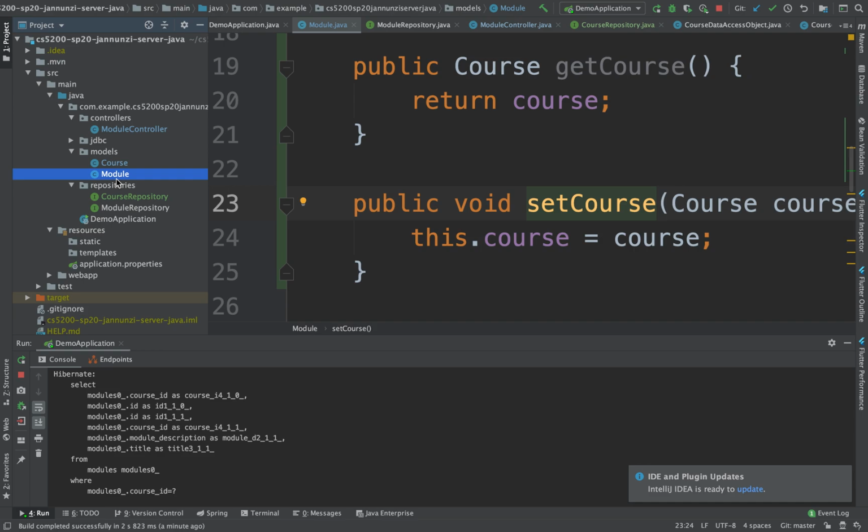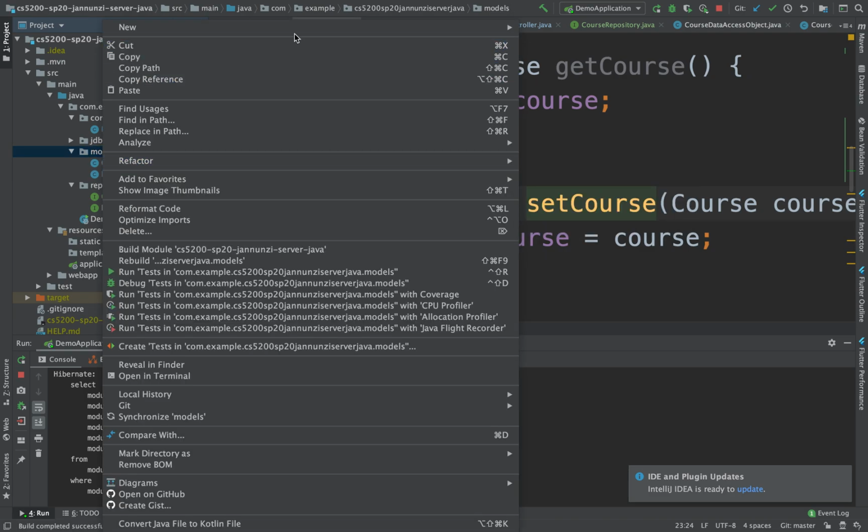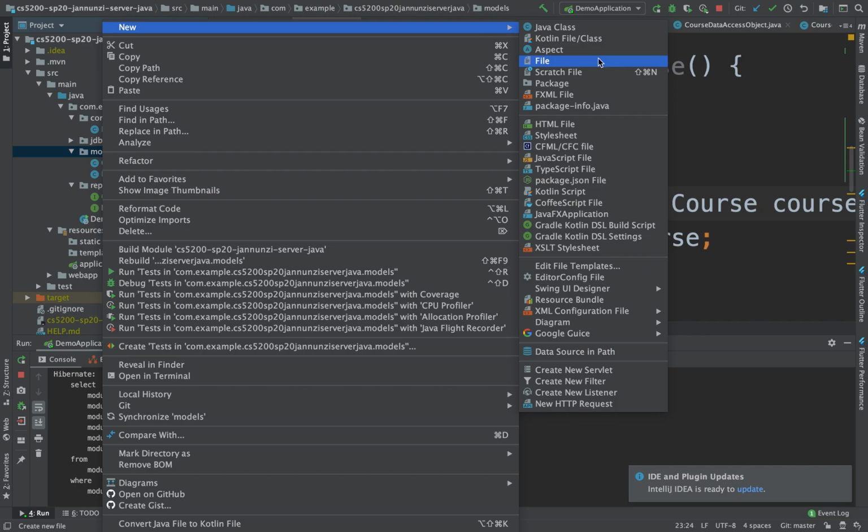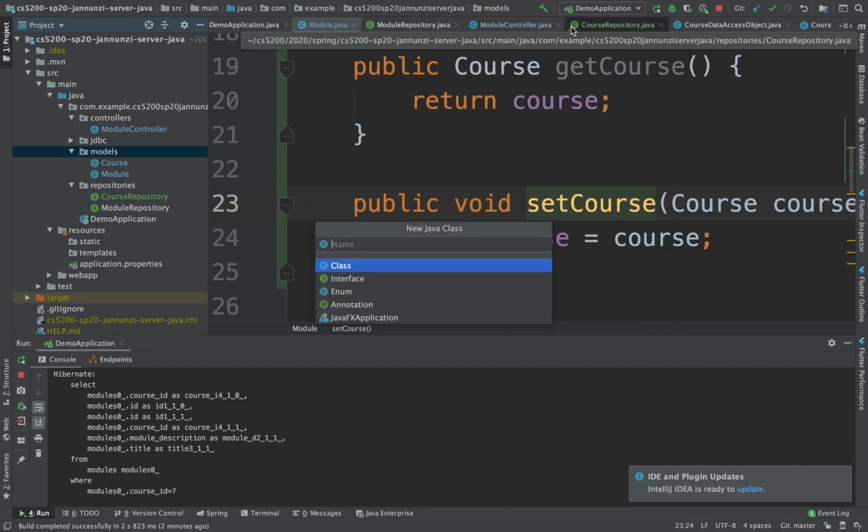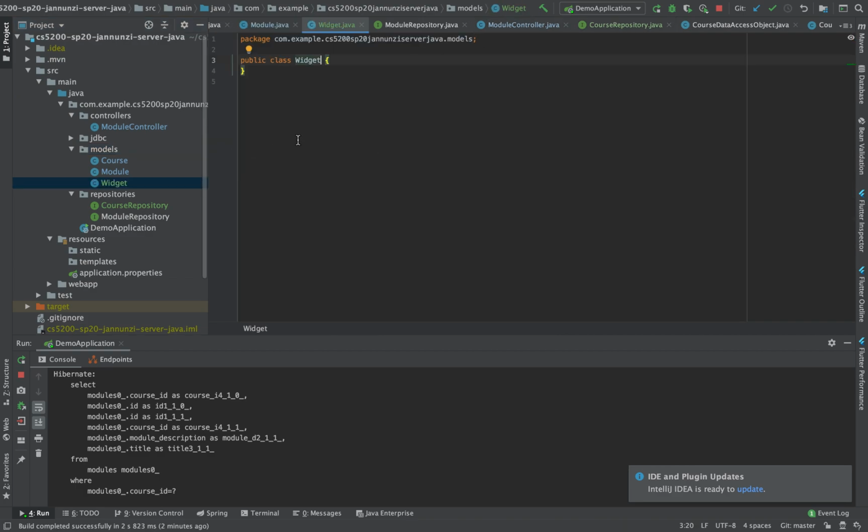You have quizzes, exams. You have all different types of content, and so let's represent that content. We'll say that they are widgets, different types of widgets that you might put inside of a module, right? So let's establish here another Java class, and we call it a widget. And that widget